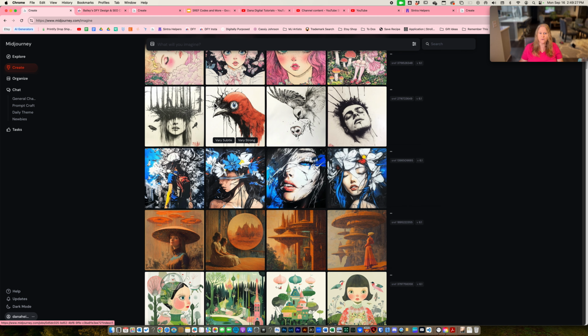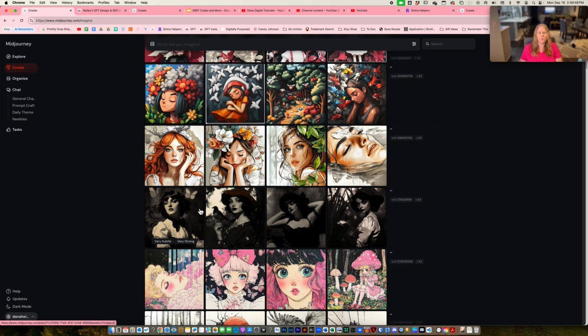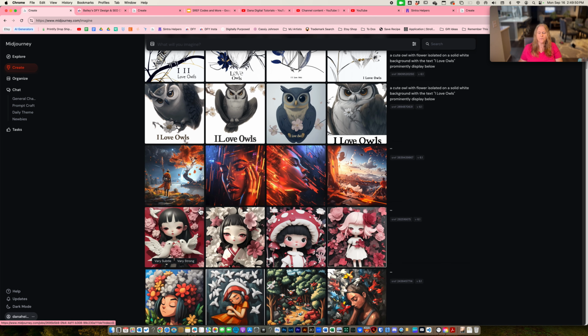Now, once you have some that you like, then you can start to put in a prompt that you want to see how it behaves, because some codes will not really do well when you want an isolated white background, and some, like this, automatically give you a white background. So once I find some codes I like, then I'm going to take that code and I'm going to create